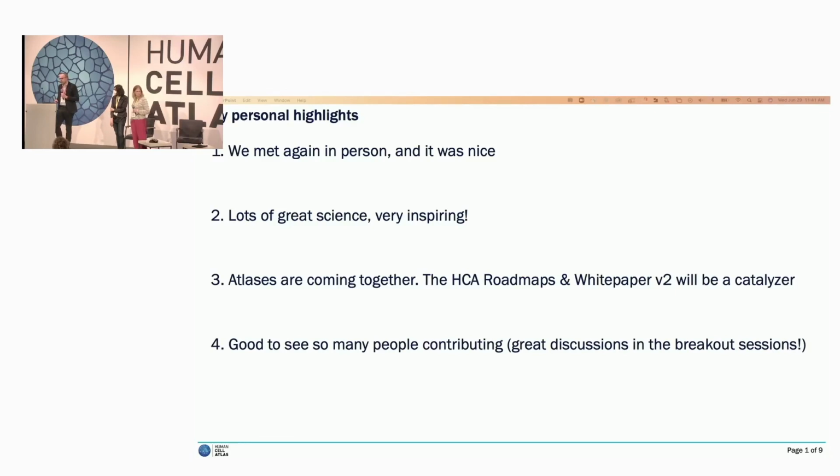I personally liked how a lot of people contributed, and a lot of people that were here for the first time that I have not seen in the Human Cell Atlas context before. And in particular in the breakout sessions, a lot of unplanned things happen. I think this is what the breakout sessions are for, giving room for cool ideas to develop. And I hope some of these will find a group of people that will take these things forward. And